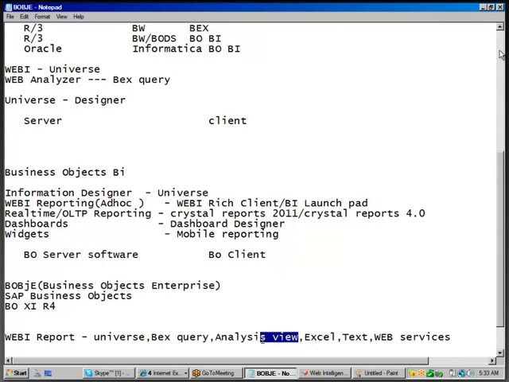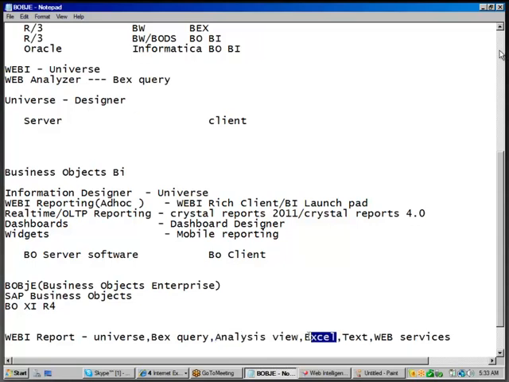If there is a Web Analyzer report, you can directly take it as a source and create a BO report. I told you earlier, BEx has a BEx Analyzer. Sometimes they'll ask us to migrate a BEx Analyzer report into WebI. In that case you can directly create a WebI report on a BEx Analyzer report.